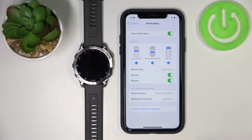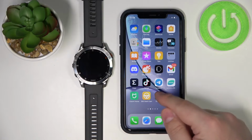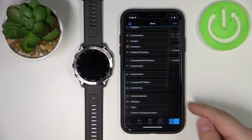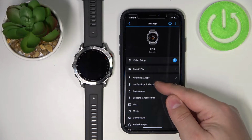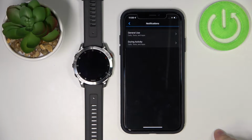Once it's enabled, you can close the settings, open the Garmin Connect app on your phone, tap on more, scroll down, tap on Garmin devices, select the Epix. On this page, tap on notifications and alerts, then tap on smart notifications, and here we can enable or turn off the